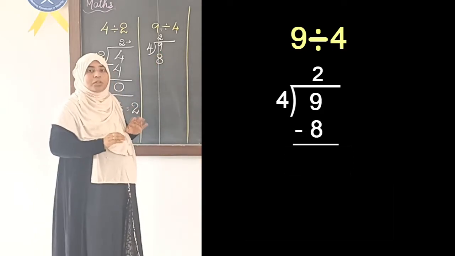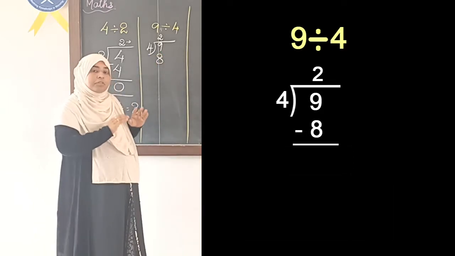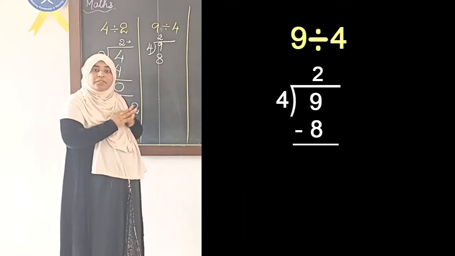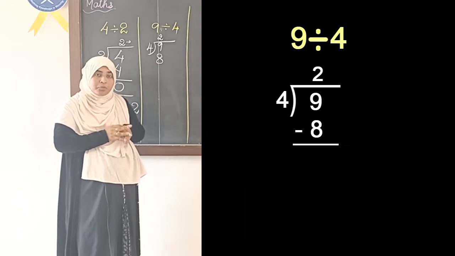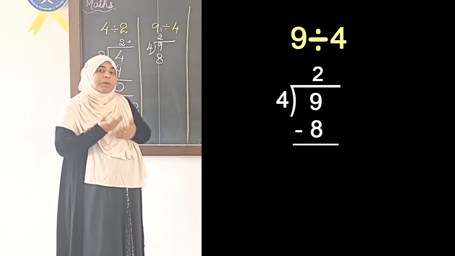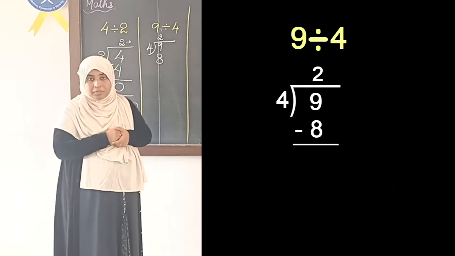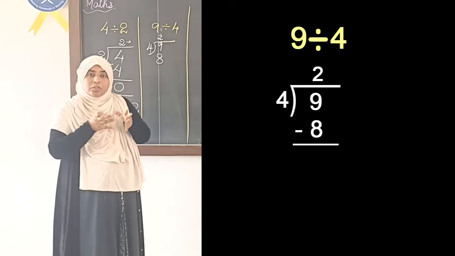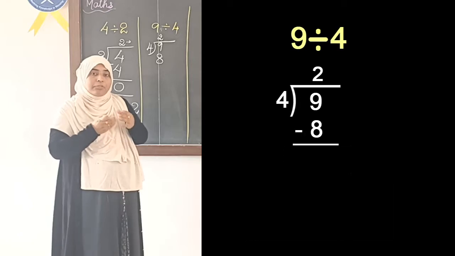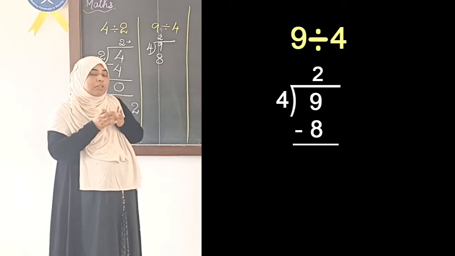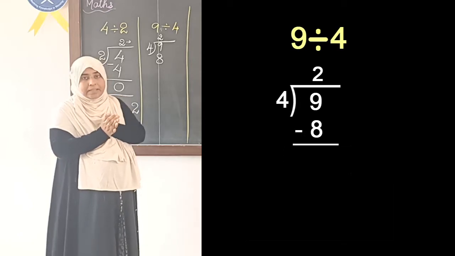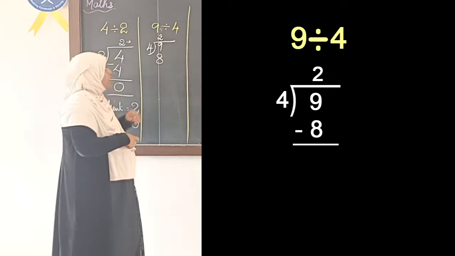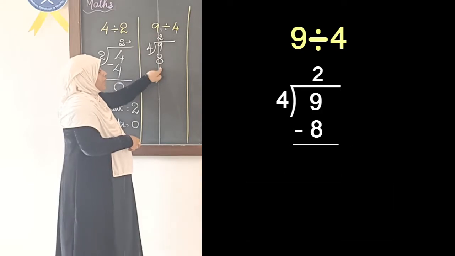Okay. Have you understood what we have done? We were trying to find 9 in the table of 4. But since we don't get 9 in the table of 4, we will go for a number which is smaller than 9. Okay. In the table of 4, we get 8, which is smaller than 9 and close to 9. We get 4 also in the table, but we have to look for a number which is closer to 9. We cannot go for a bigger number also. Okay. 4 2s are 8.